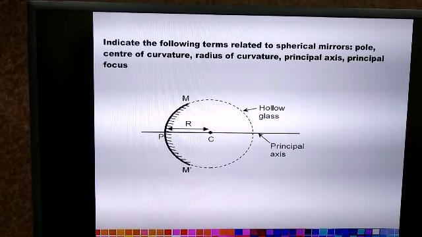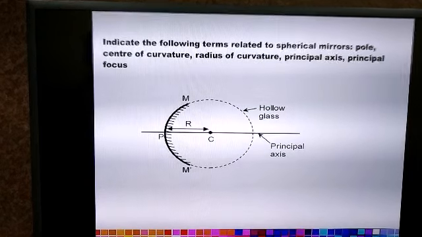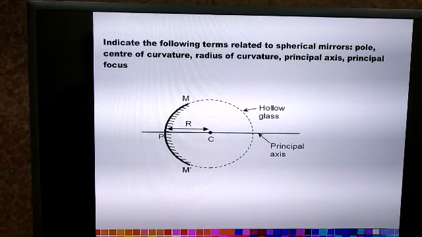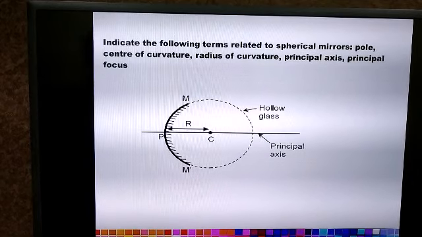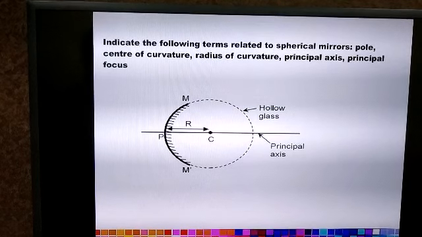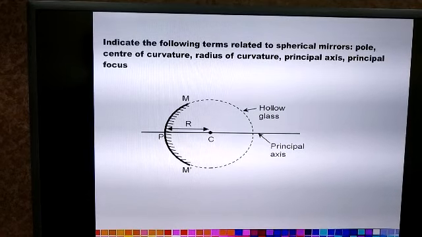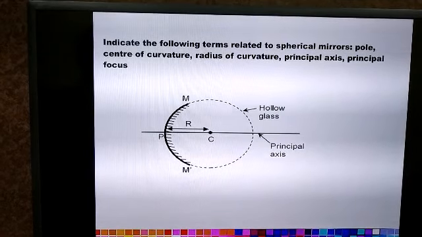But before that, we are going to cover some basic concepts which we have studied in standard 9 related to spherical mirrors. Okay, we have learned about concave mirror and convex mirror in 9th standard, and along with that we have learned certain concepts related to spherical mirrors. So this is an activity based question which is given at the beginning of the chapter. The question is, the diagram is given to you and you have to indicate the following terms which are related to the spherical mirror. So you have to mark out all these, you have to do the labelings of all these parts if a spherical mirror is given to you.